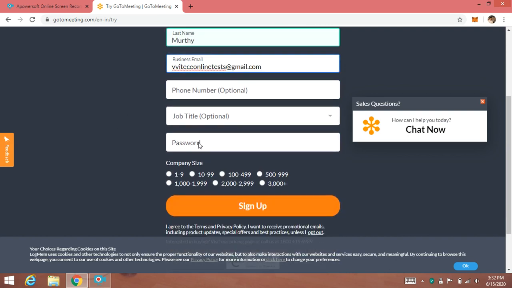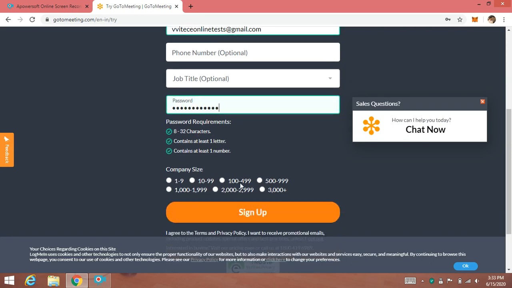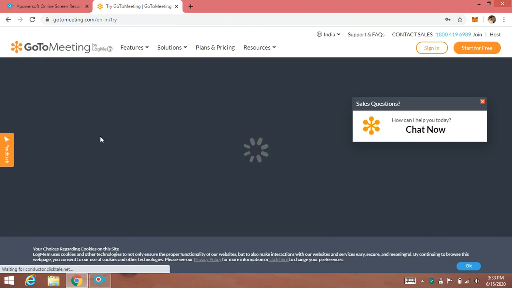Phone number and job title are optional. Choose a password which you can remember. The specifications are 8 to 32 characters, 1 letter and 1 number. Company size you can ignore, but I'm choosing 500 to 999. Then sign up. If everything goes well, the sign up should happen. Now you are transferred to the GoToMeeting hub,